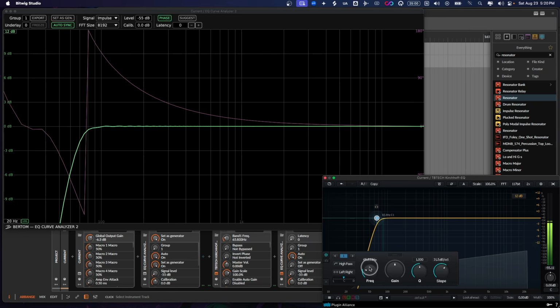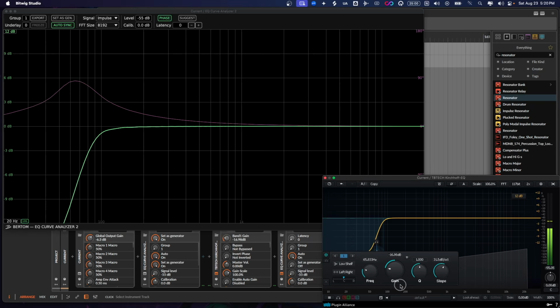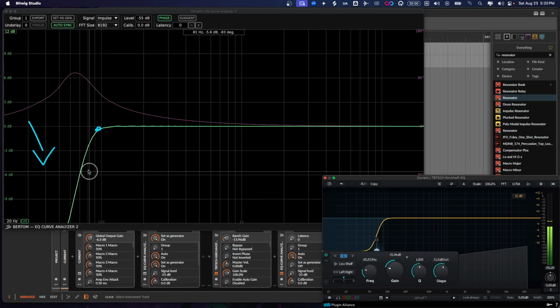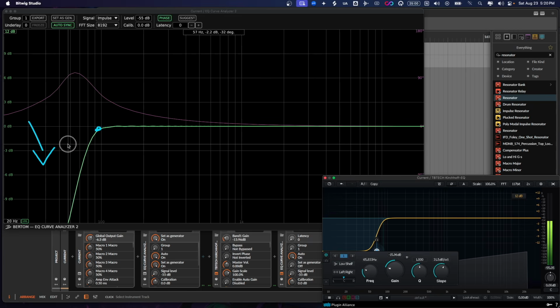So this is the high pass, right? And let's see what happens when we change this to a low shelf band here. So let's change this to a low shelf, and let's pull this down, right? So essentially what we're doing is we're attenuating those frequencies below that node. So all the frequencies below the node, right? The node is here. All the frequencies below the node are getting attenuated, and we are only causing minimum phase